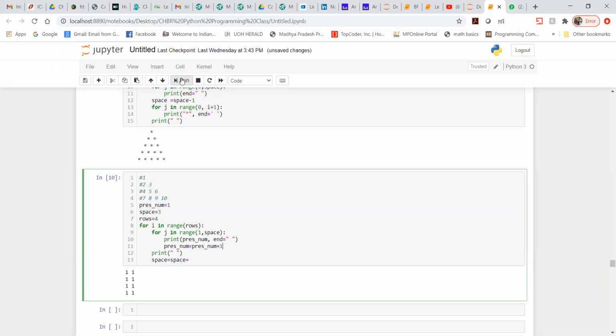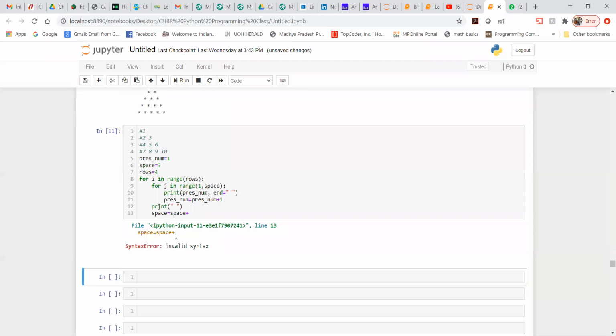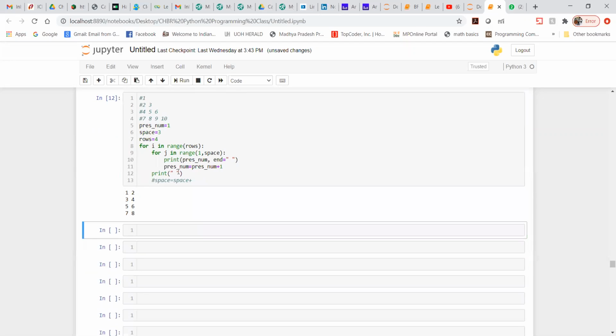Now let me run this. Oh, sorry, my bad. It would be a syntax error. Now, instead of space, I just wanted to run this. Now, I'm getting like this. Is my requirement like this? No. So here 2 spaces need to be there. Because